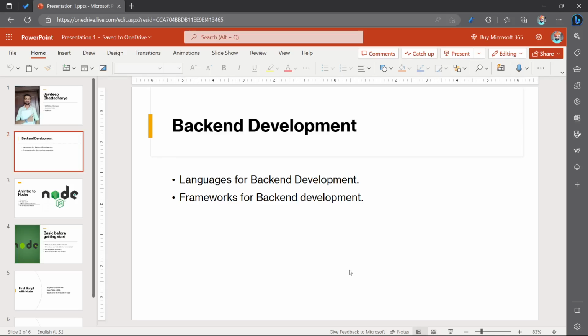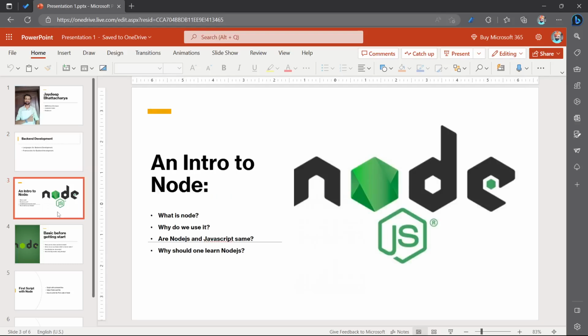Some people from the JS community thought, if we are using JavaScript for front end development, why would we not use JavaScript as a back end, so that we can have the power of a full stack developer? So they managed this and built Node.js.